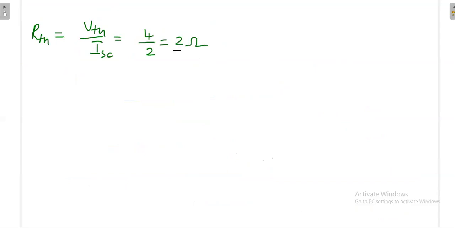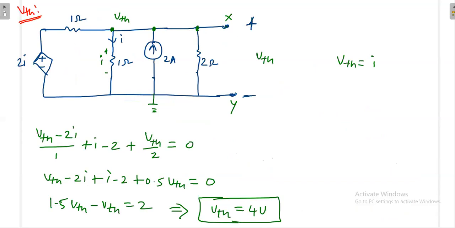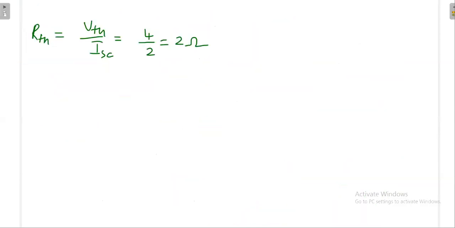Now what I'm going to do is take the same problem without applying Thevenin's theorem or Norton's theorem. By applying the general method, I will try to find the answer. General method means from this side I will apply a test voltage or test current. Finally, my aim is to find R Thevenin. If your aim is only to find R Thevenin, you can apply the test voltage and test current directly. But if you want to find V Thevenin as well as the short circuit current and then finally R Thevenin, you have to go by this procedure only. So now I'm going to find R Thevenin in a different manner.